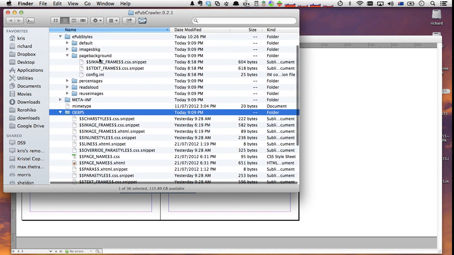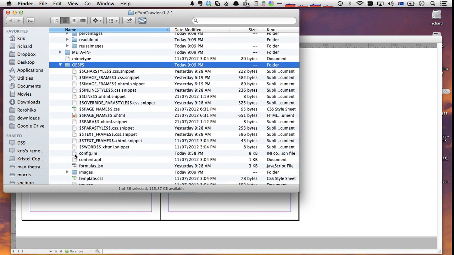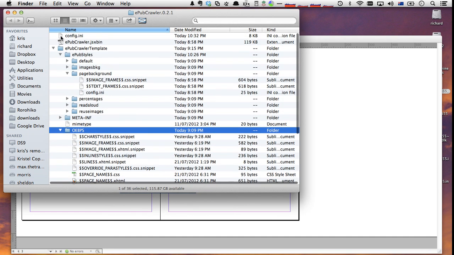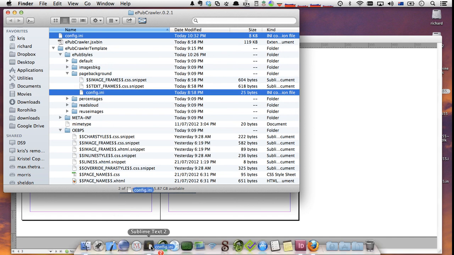Now, the page background EPUB style actually overrides a little bit of information from that OEBPS folder. So in this case, it's actually taking a slightly different tack to creating an image frame CSS and the text frame CSS. And the config.ini is also essentially an override of the config.ini in the OEBPS, or the config.ini here in the ePubCrawler folder. So what I'll do first is I'll open up those two config.inis so you see the